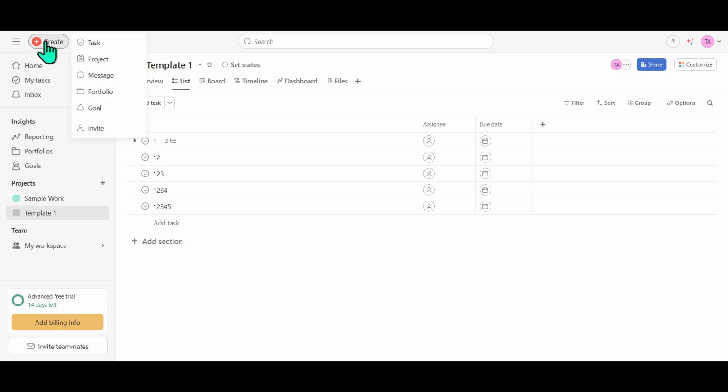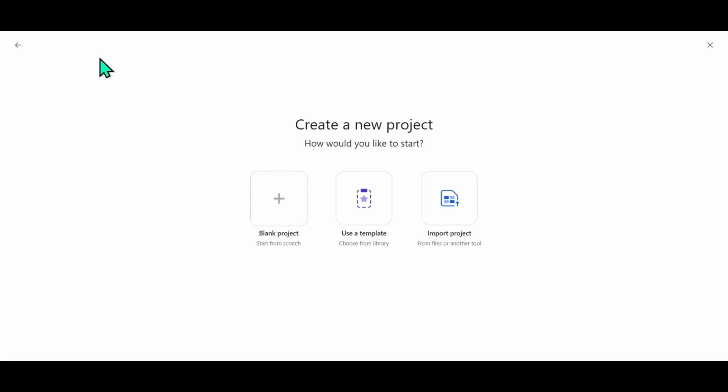With a simple click, it opens up a world of possibilities, including the one we're focusing on today, creating a project. The interface is designed to be intuitive, so you can find what you need with ease. Once you've clicked on Create, a menu will appear. From this menu, you'll want to select Project. This selection is crucial as it sets the stage for the next steps where you can tailor your project to